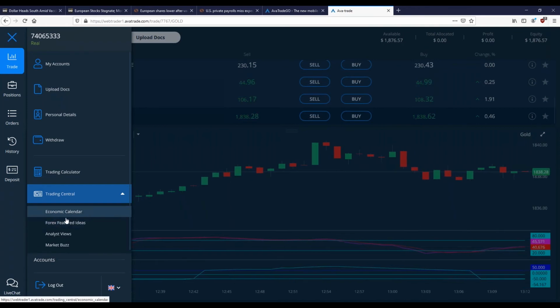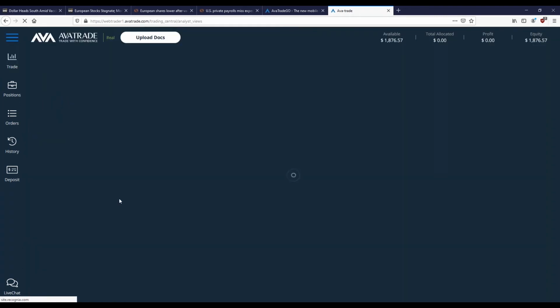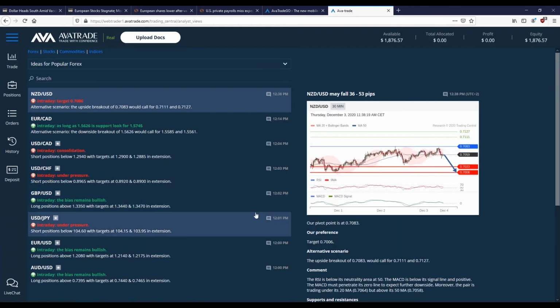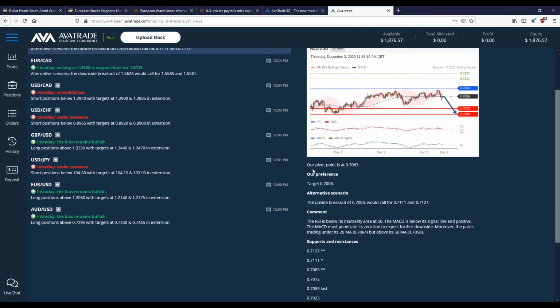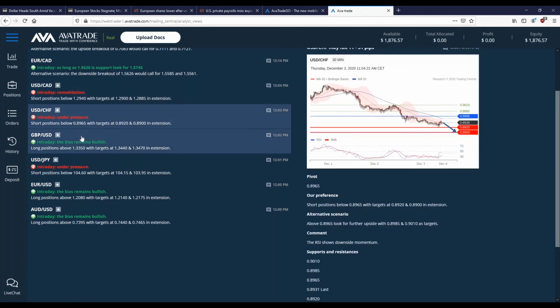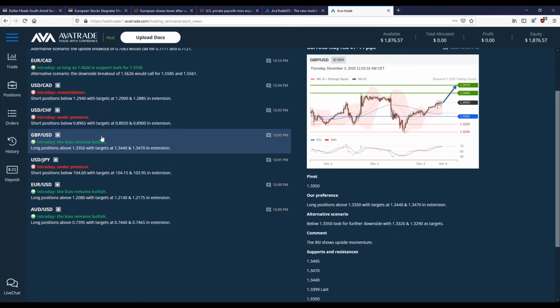That's on the demo accounts, but the premium features, like if I look at analyst views, this is technical analysis. It gives you the breakdown of the technical strategy, where the movement's expected to go. So this is a signal. These are live signals. It gives you the price levels, the support and resistance, the breakdown of the indicators, and what we expect to happen, based on the Trading Central signal. You can switch assets. You have all kinds of live signals here throughout the day.